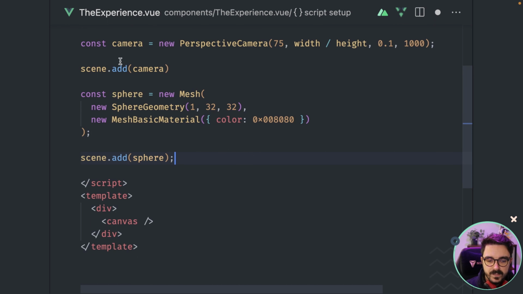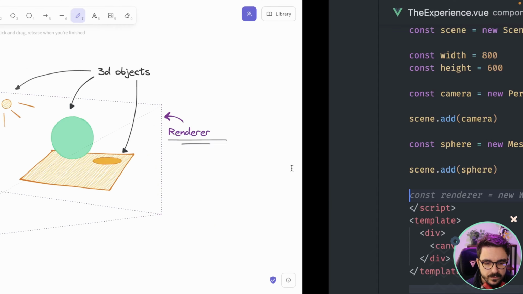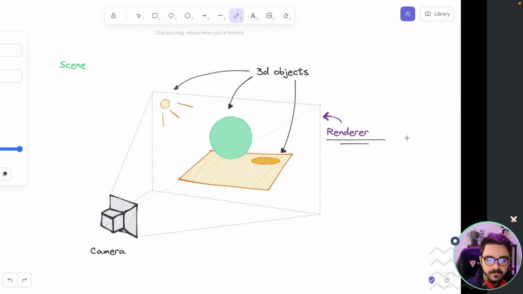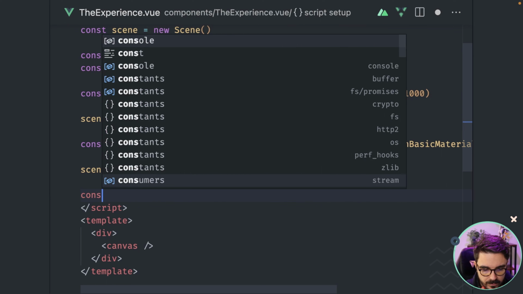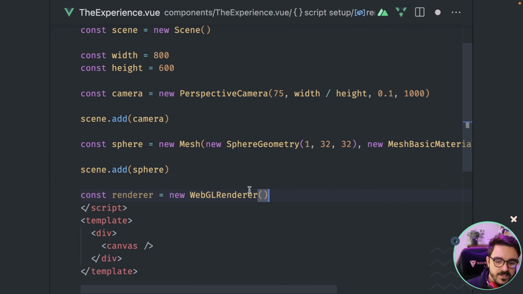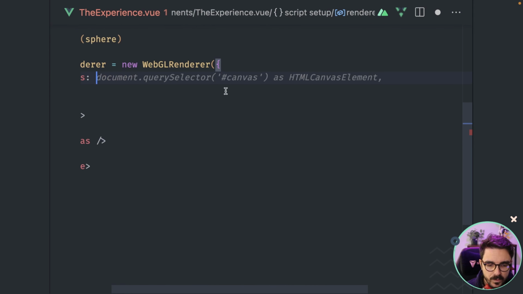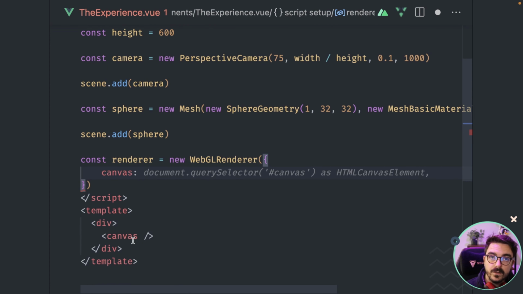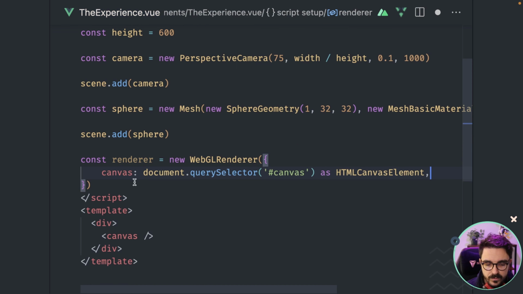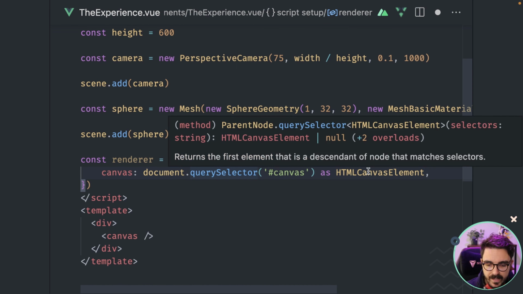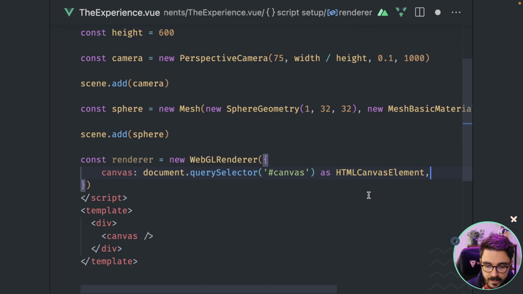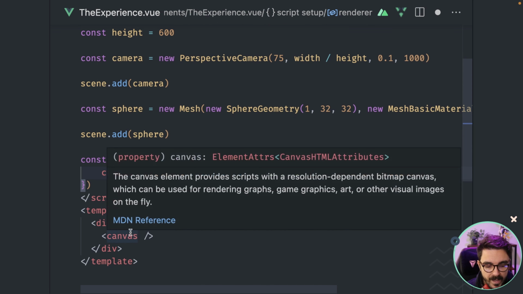The same way as we did with the camera, we can add it to the scene using scene.add(sphere). Now we will need to create the renderer. To do that, we're going to say const renderer equals new WebGLRenderer. And we're going to pass a canvas because we want to render the scene on the DOM element. If you weren't using Vue, you would probably need to do something like document.querySelector('canvas') as HTMLCanvasElement. But because we are using Vue, we actually could get the